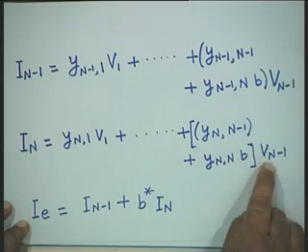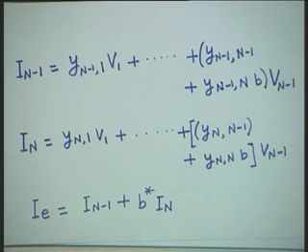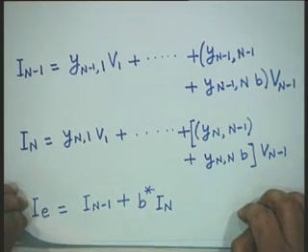Okay? And that is why we have performed this operation here, where we multiply this last equation by B star and add it to the equation corresponding to n minus 1th bus. Okay? Therefore, with this operation performed,